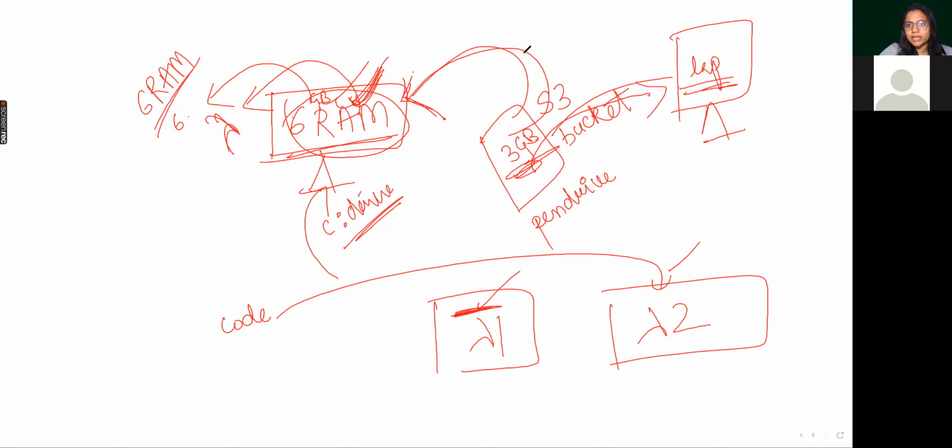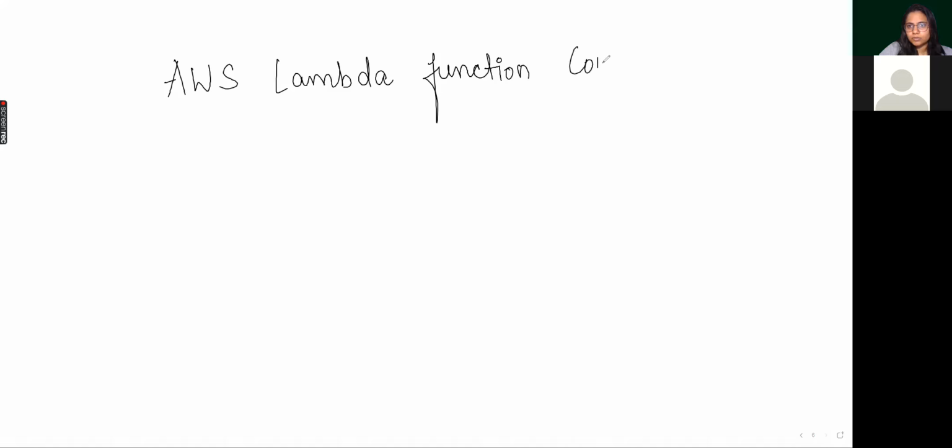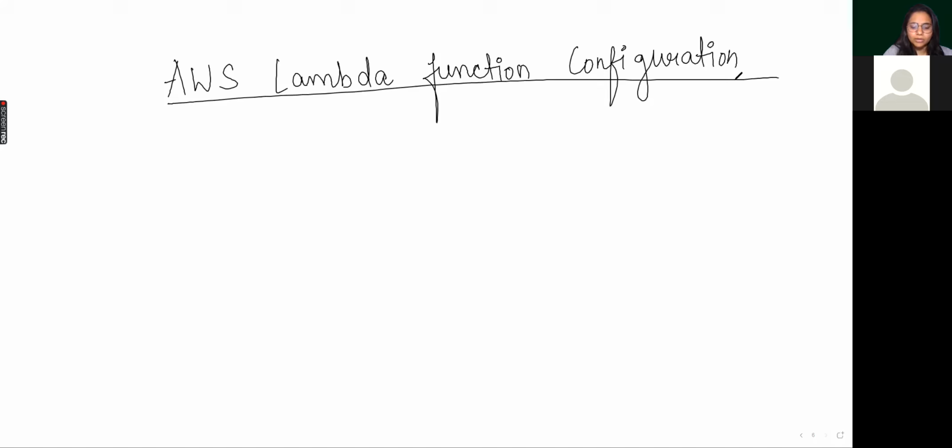See, the picture should be clear, like what you're trying to do and why we are using Lambda. So, AWS Lambda function configuration. How you can configure your Lambda functions. Now, see, whenever you see a practical window of Lambda, what information you should provide to the Lambda so that it can work. Okay. First thing you need to do,